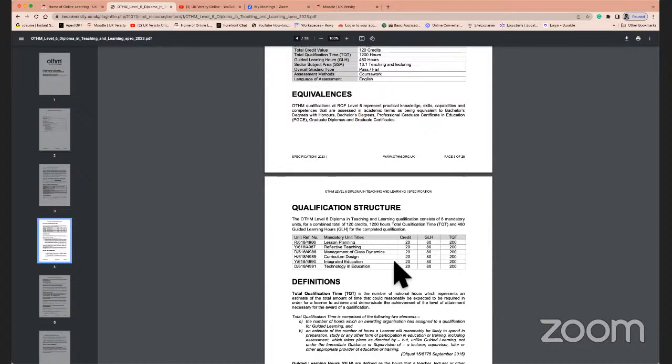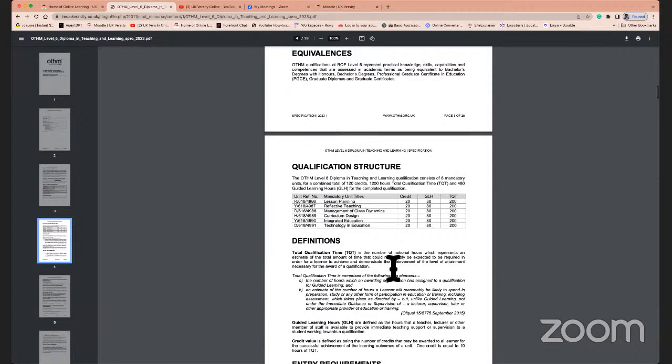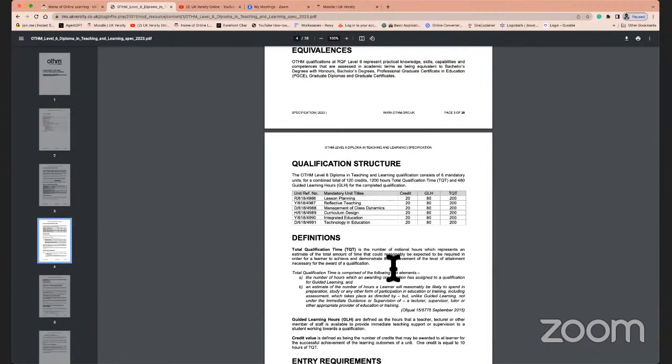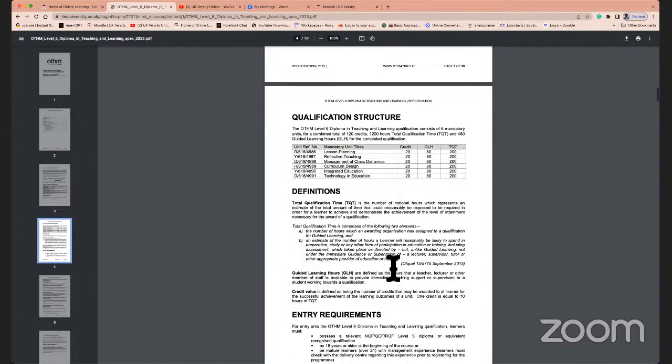So there are bits that you will study in these 6 units which are going to be very up to date, because as I mentioned earlier, this is a very new qualification. They picked up some part of the qualification in 2020 and created it, which means it is the most up to date and latest qualification in the market.